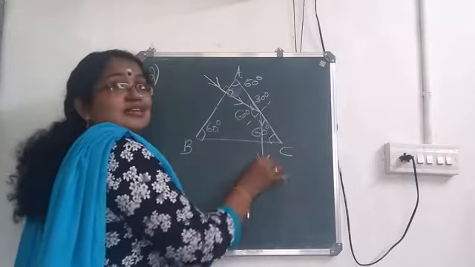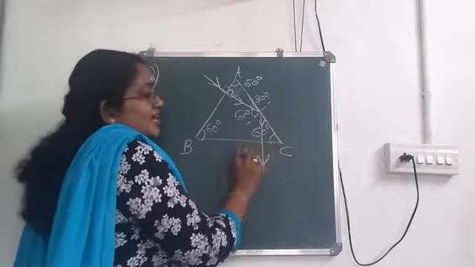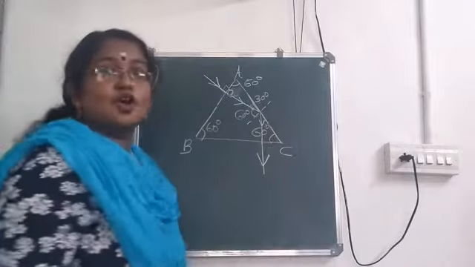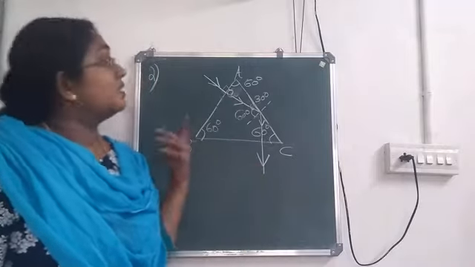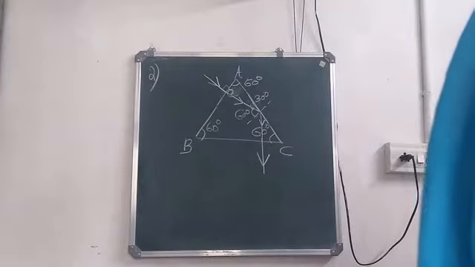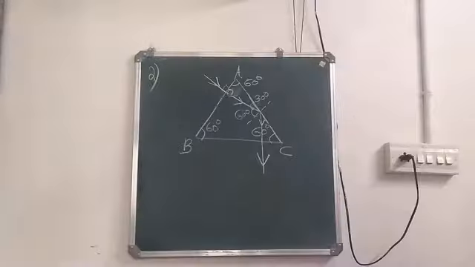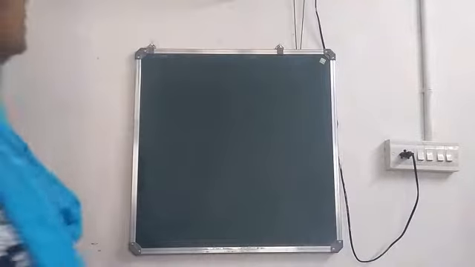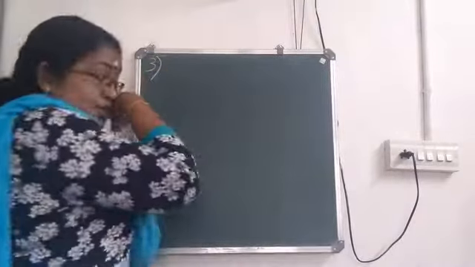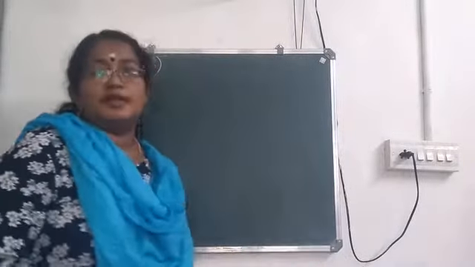Then it undergoes total internal reflection and hits the surface BC. From there, since it is normal incidence, it will come down. So this is the second one. Here the deviation takes place through 60 degree. And this is the total internal reflection in the case of an equilateral prism. Now, the third one is total internal reflection through a right angled prism. Here the angles will be 90, 30 and 60.